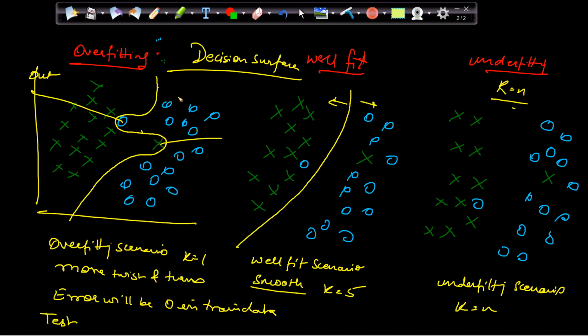Surface, right? So this is my decision surface. And when we have more than 3 dimensions, then it is known as hypersurface. Decision hypersurface.